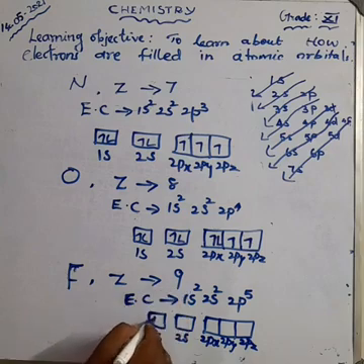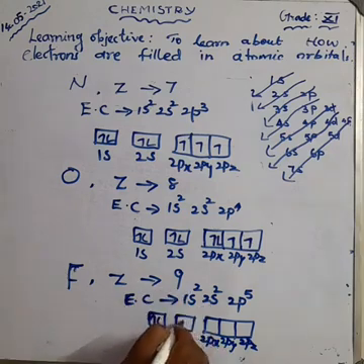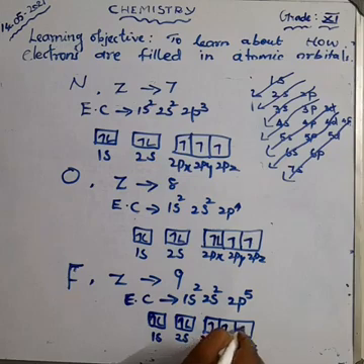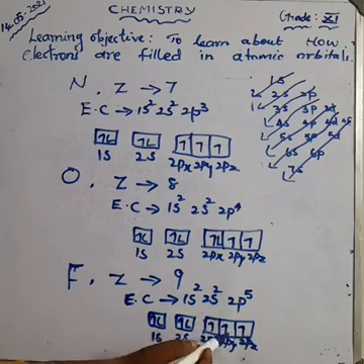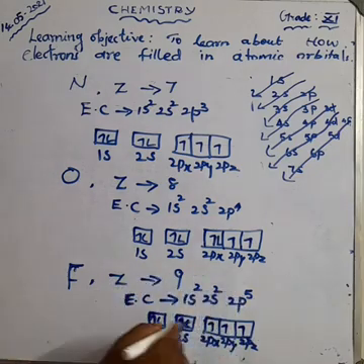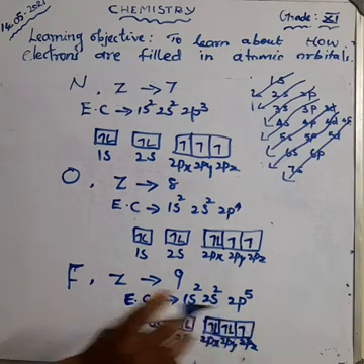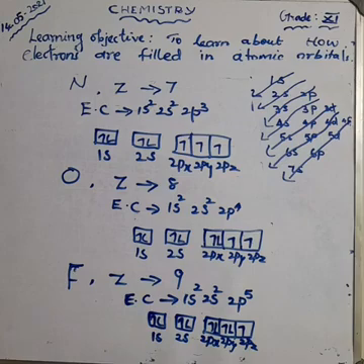2 electrons are in the 1s orbital, 2 electrons are in the 2s orbital and 5 electrons are in the p orbital. 5 electrons. How can you fill? First 2px 1 electron, 2py second electron, and 2pz, so 3 electrons are filled and 2 electrons remain. We pair up these 2 electrons. Okay, so 2px has 2 electrons, 2py has 2 electrons, and 2pz has only 1 electron. Understood? And then